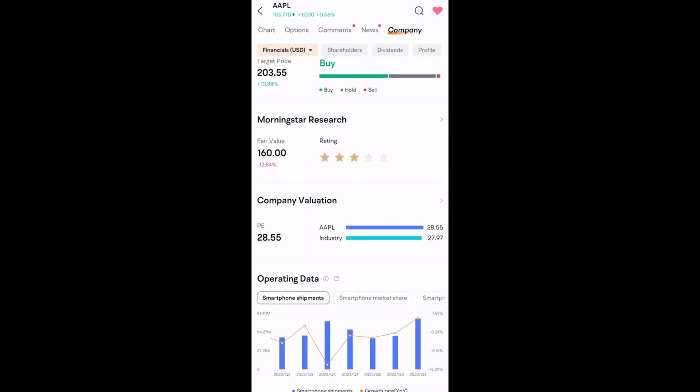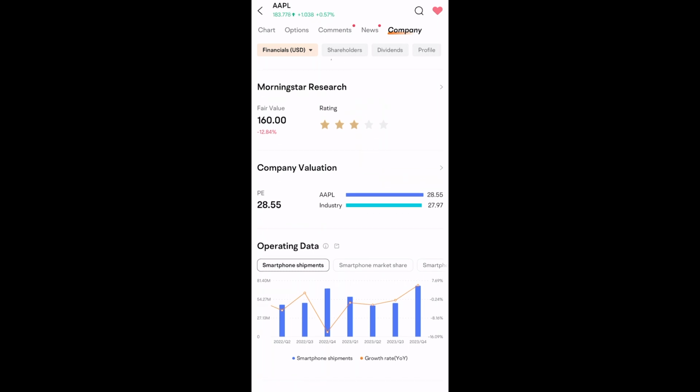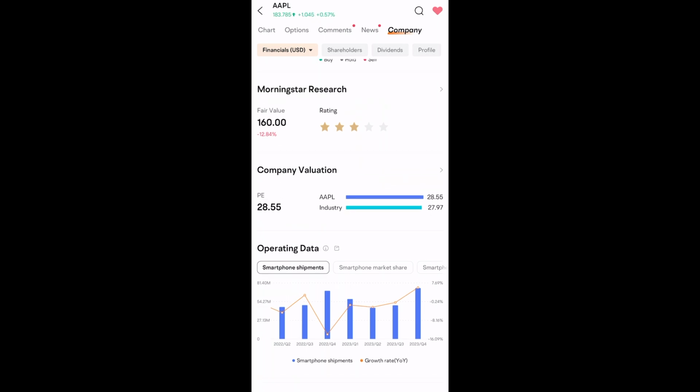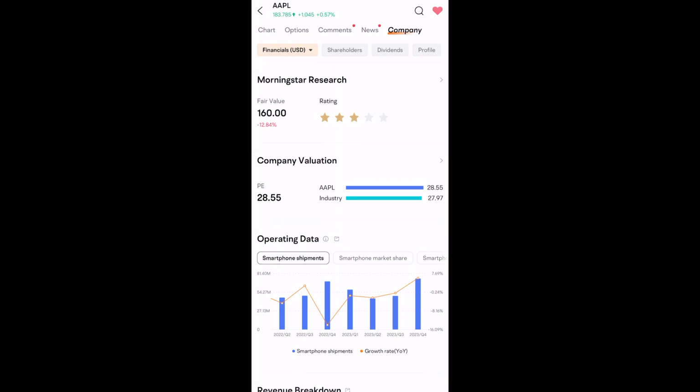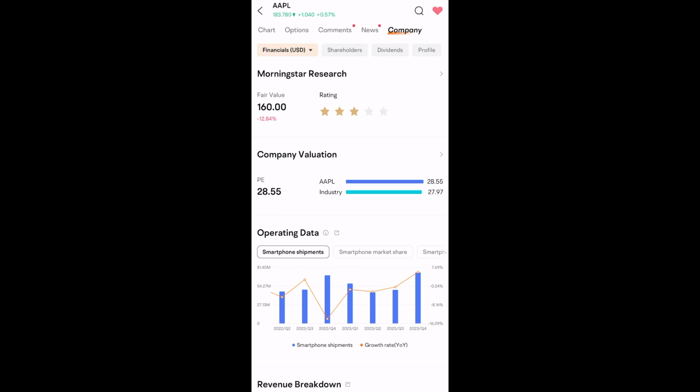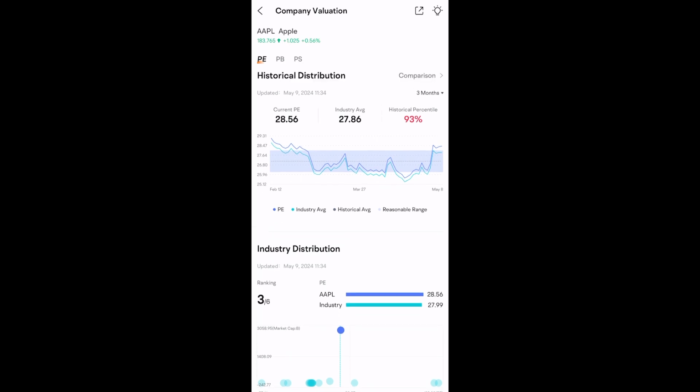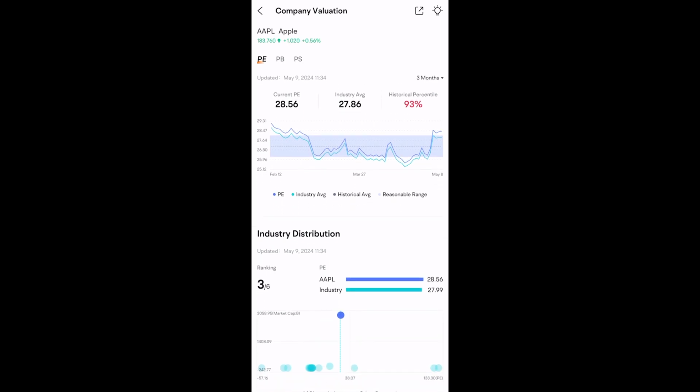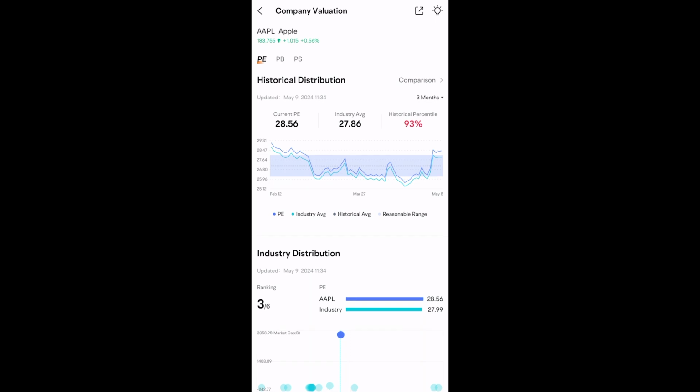I love Morningstar. I think it's really useful that we are able to provide such high quality analysis from such a reputable company. But what I think is really cool as well is the next feature just below Morningstar Research, which is our company valuation tab. I went to college for finance. I learned all about the different ways to value a company, but I've never seen an app that can visualize it quite like Moomoo. And we're not even just talking about price to earnings. There's price to book and price to sales as well. So I really want to make sure that you spend a little bit of time sharing this feature with our audience. Exactly. Yeah. If you are more of a fundamental investor, you're going to appreciate this tab here